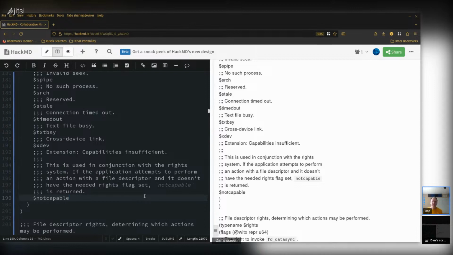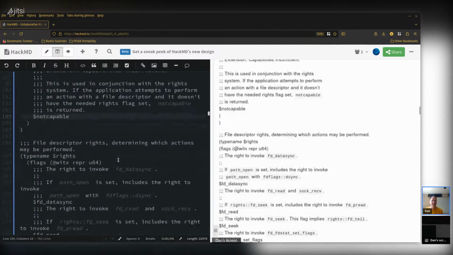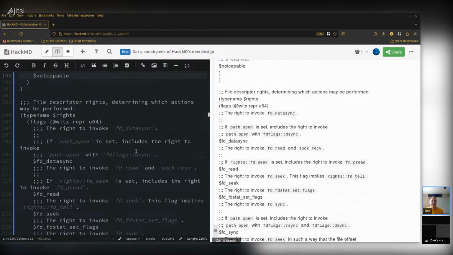And so in Preview 2, we've taken out not capable, but it's still present in Preview 1, so I'm going to leave it here. All right, so I just talked briefly about the rights system. As I mentioned before, there's a bit for everything you can do with a file descriptor. But one of the problems is that this system has very few things that it's actually good for. You can get somewhat fine-grained control, but you can define things like